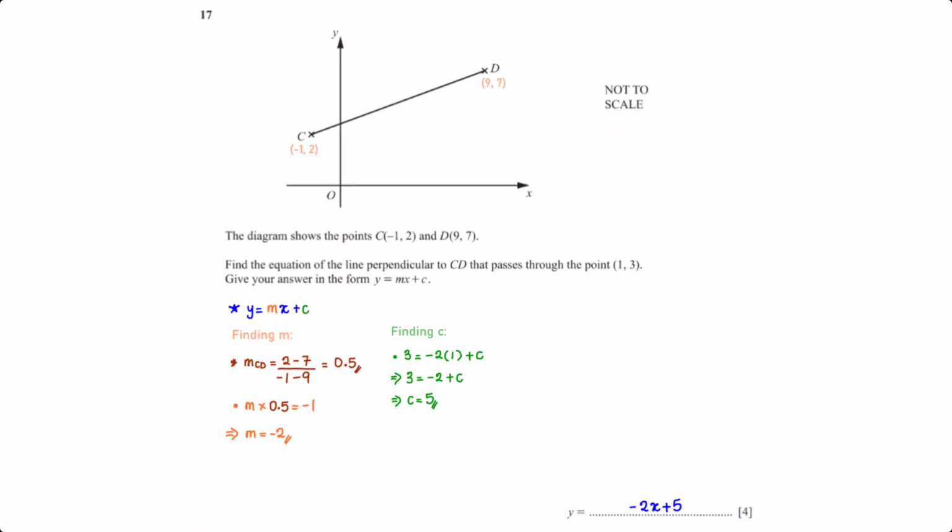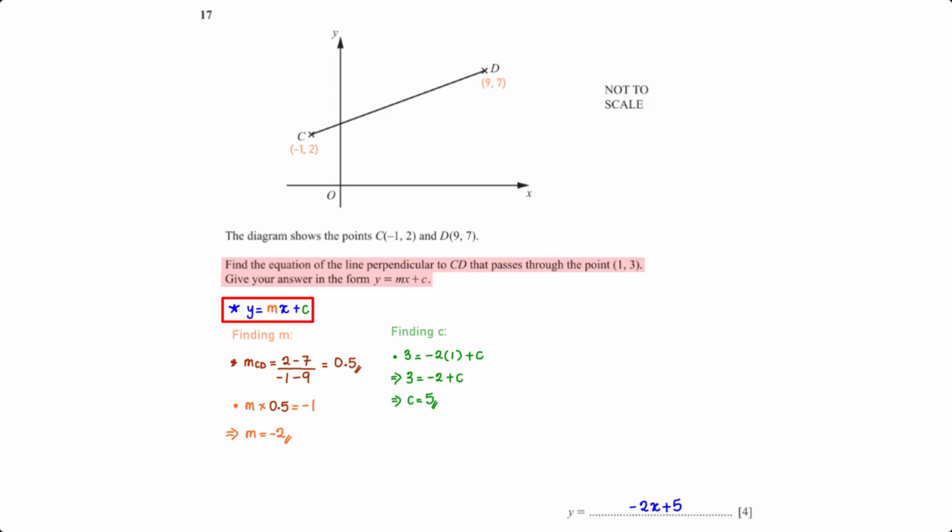The diagram shows the points C with coordinates (-1, 2) and D with coordinates (9, 7). Find the equation of the line perpendicular to CD that passes through the point (1, 3). Give your answer in the form y = mx + c. All we need to do is find the values of m and c and plug these values into y